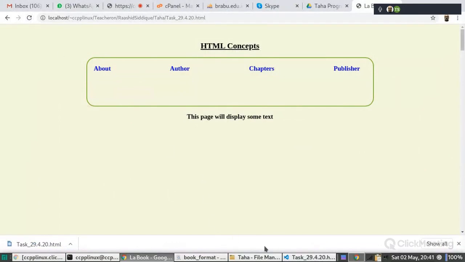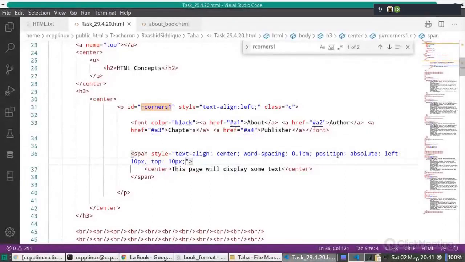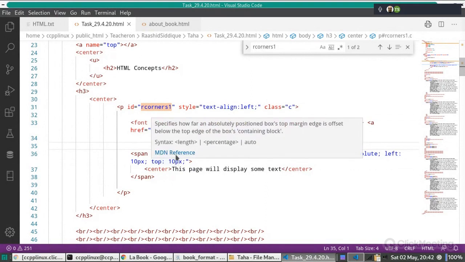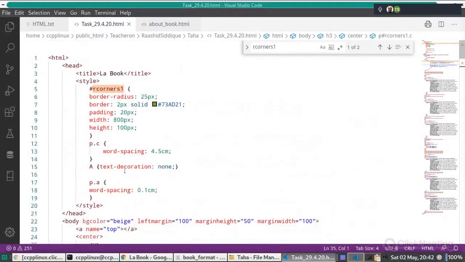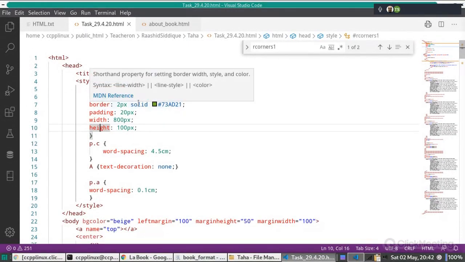It is not that. Position absolute. And then left colon 10 pixel. Whether here is also used position, border padding, width, height. Okay, here position is not there. So I saw another graph that had position. This stuff.